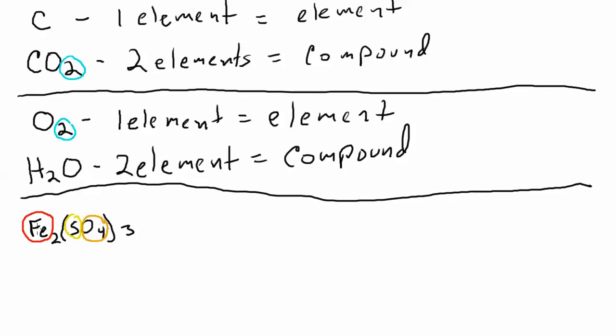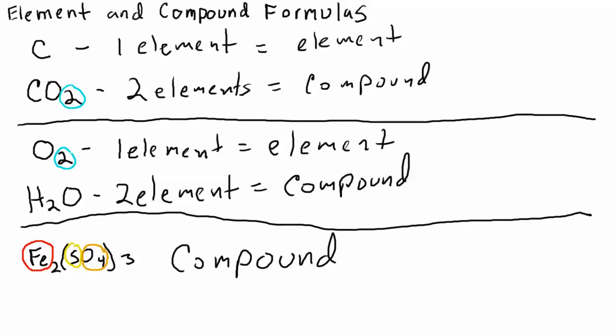So when you ask yourself, is this more than one element together, the answer to that is yes, which means that Fe2(SO4)3 is a compound. Now you don't know what that compound is yet, iron sulfate, but you will learn that later on in the course. So that is how you can tell by looking at formulas whether the substance in question that's been written out as a formula is an